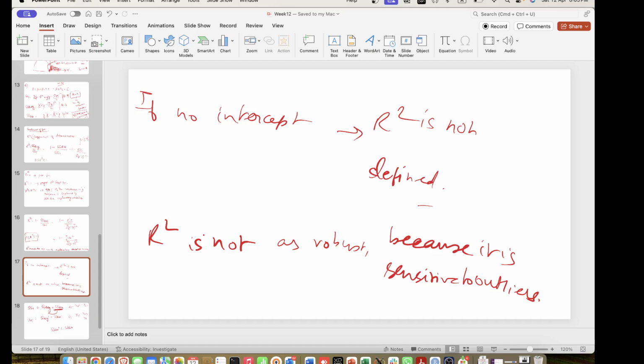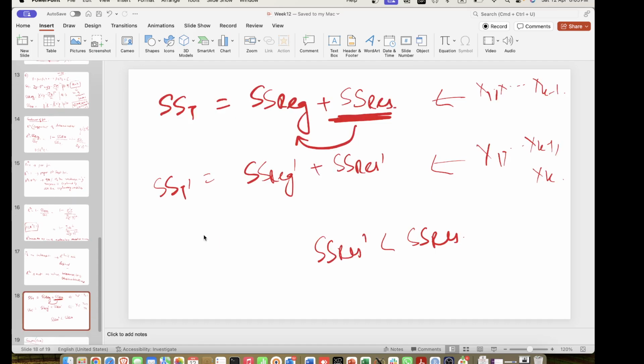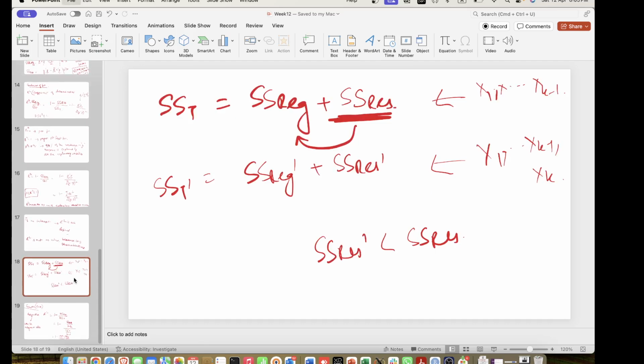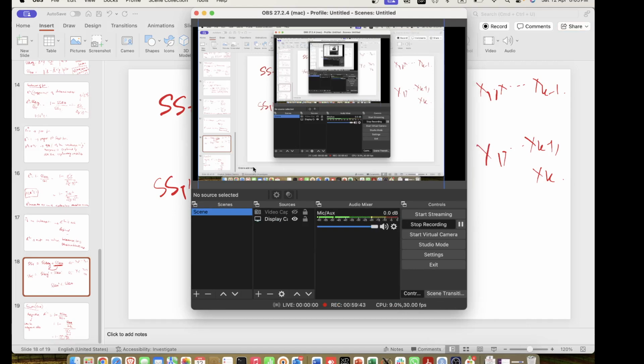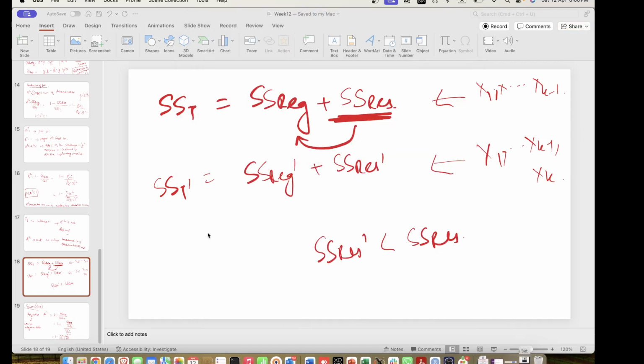This part was covered in a little more detail in class, so I am skipping over it. Once we have this, let us move on and find out how we can do these calculations in